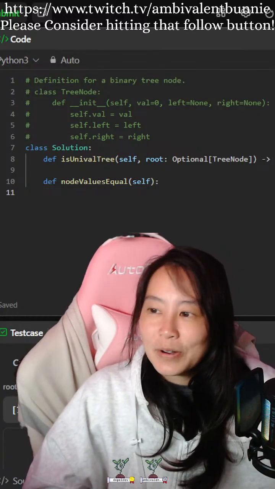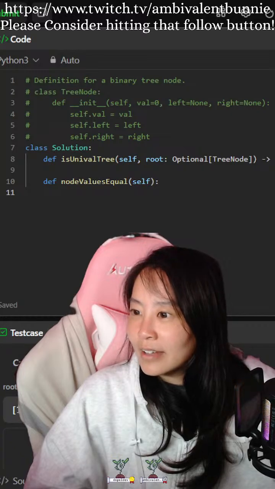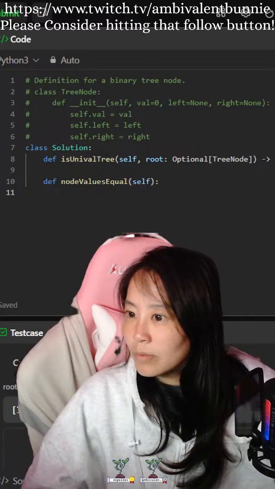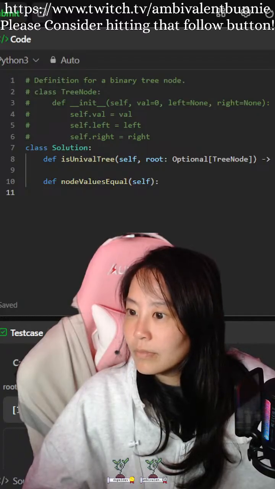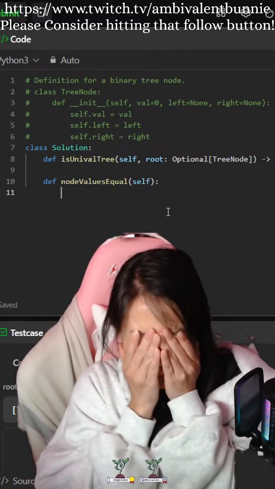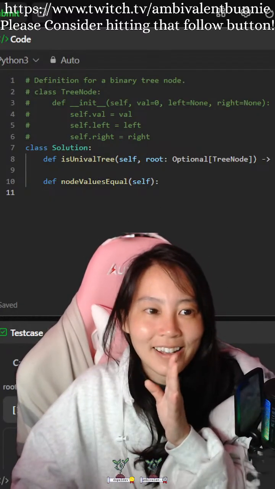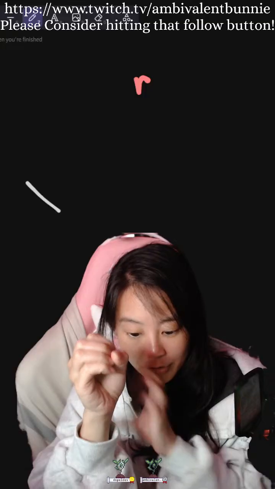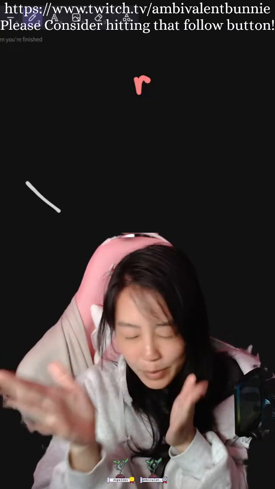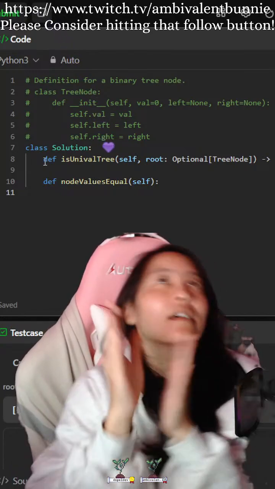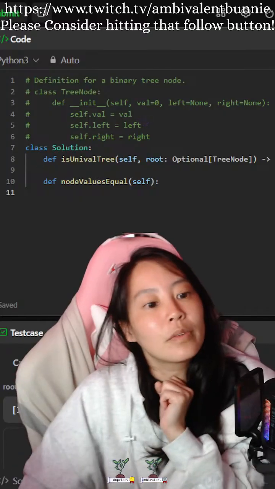Okay, guys. So, we are making sure that you guys can't even see my... Wait. Okay. So, we're gonna get root. Thought process is we get root, we get the value of root and we check. We don't even need the nodes. Wait. Yeah, node values. Okay. So we get the value.